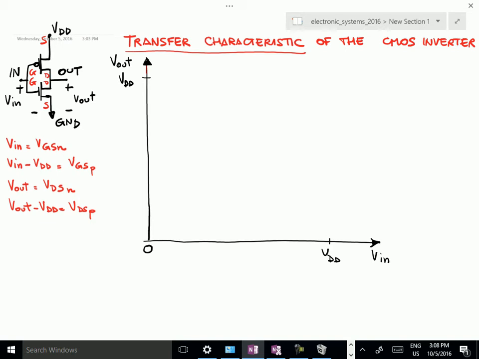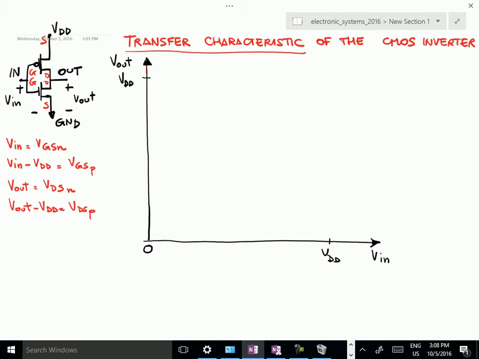So this means that when we choose a position on this XY axis, we have defined the operating point of both the NMOS and the PMOS. This also means that we can divide the whole space in different regions